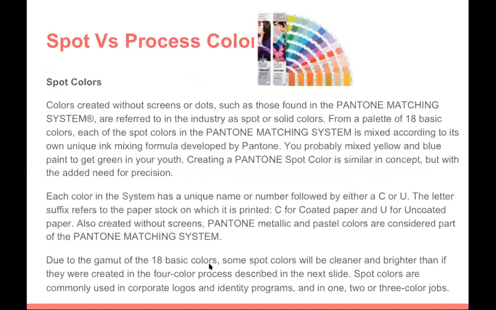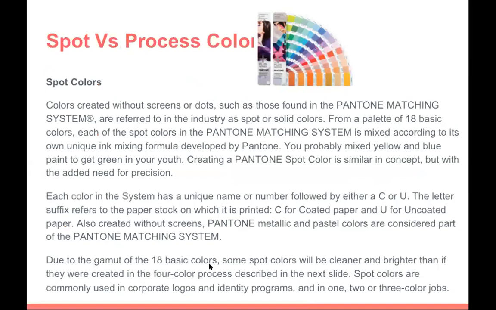So spot colors, they're colors created without screens or dots. When you look at a newspaper, that's a good example. You can see how those dots come together to create a picture. You can see them a little bit more with the eye than if you were looking at a magazine. If you were to take a loupe, which is a magnifying glass, and really hold it down to a magazine, you would see the same thing, although they'd be tighter dots. Okay, so